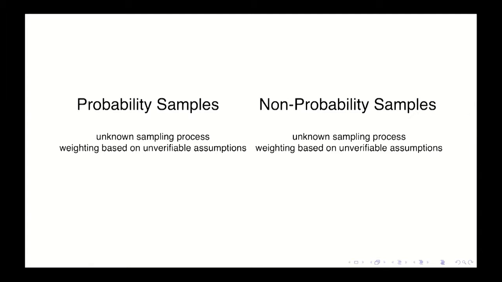Probability samples have an unknown sampling process with weighting based on unverifiable assumptions. And non-probability samples have an unknown sampling process with weighting based on unverifiable assumptions. This part I think many people would agree with. This part some people would disagree with, but if you think of the process, the difference between